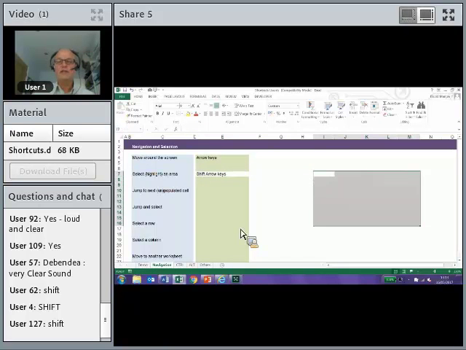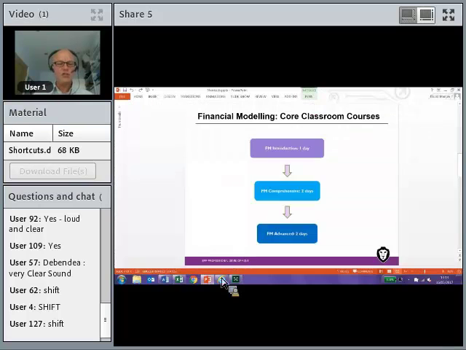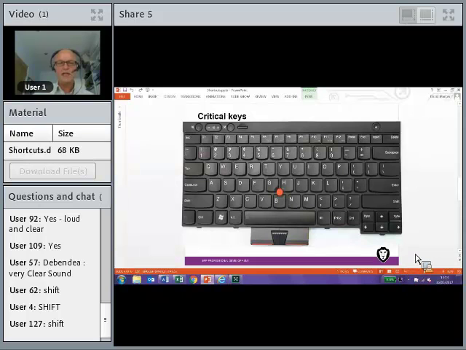Holding down Shift and the arrow keys. So I'm just demonstrating now. Here I am. You just go over, hold down Shift and move the arrow keys. What I probably should do is, although I don't think this will be particularly useful for many of you,